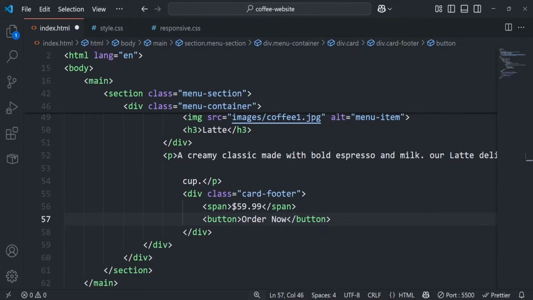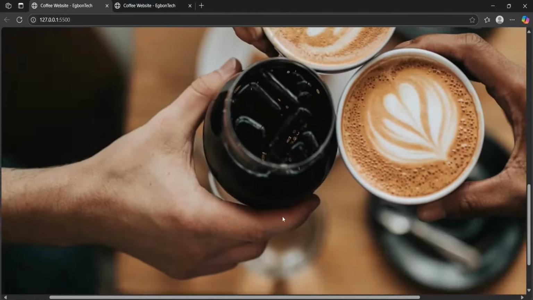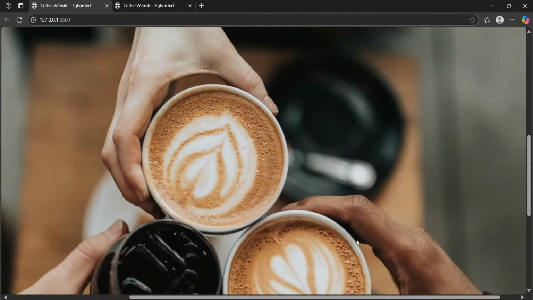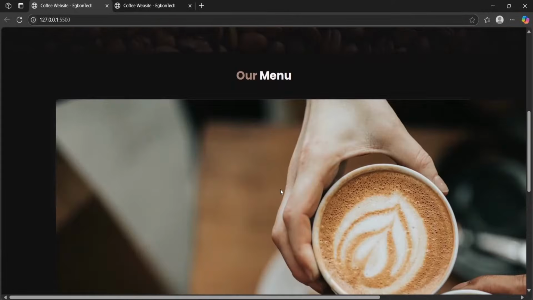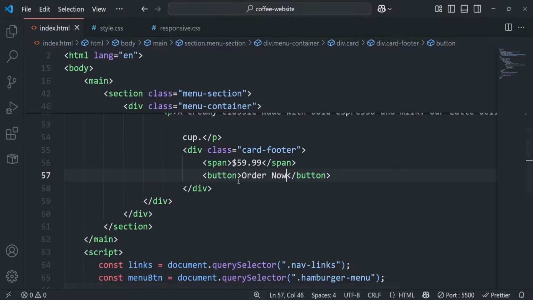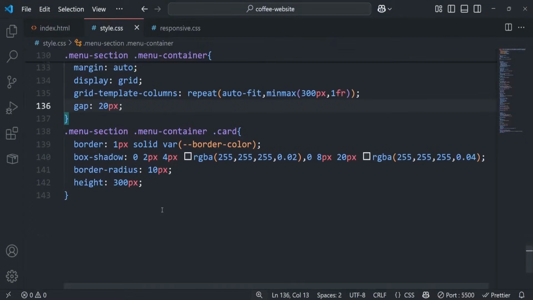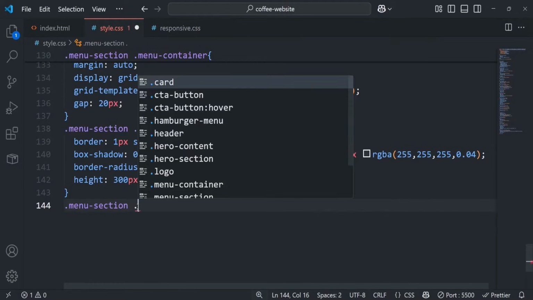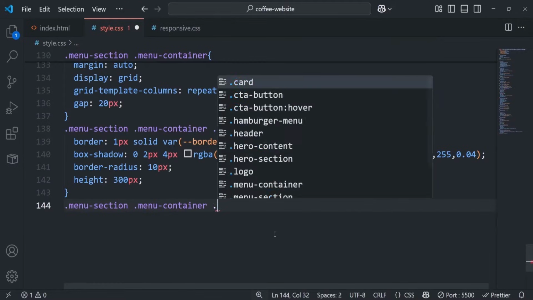I'll save that. When I head back to the web page, you're going to notice that those items we just added are now inside the web page. You can see that image we just added right here. Alright, cool. So let's start actually applying styles to these elements. So I'll go back to my code. I'll go to my style.css file, scroll down. Now I'm going to say .menu-section .menu-container .card